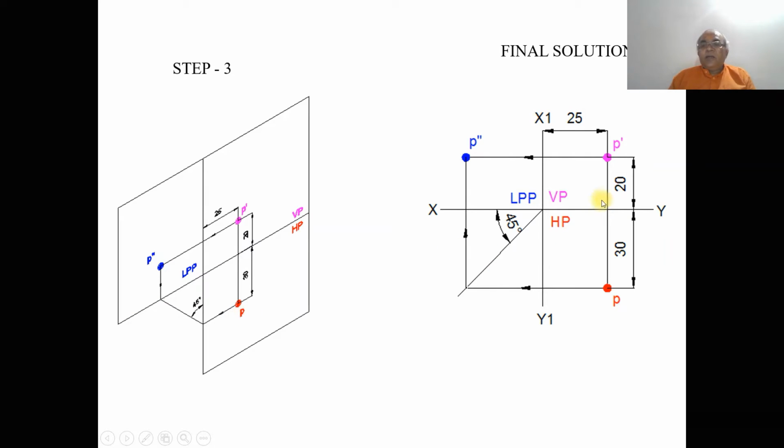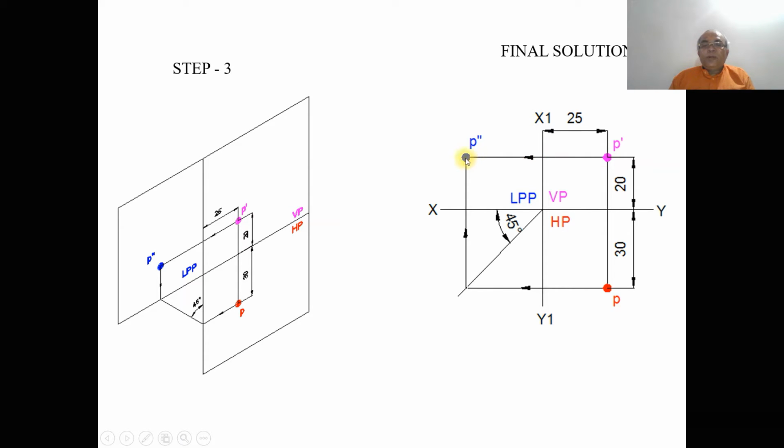So now you can see that the distance 30 mm in front of VP, which is vertical in the top view, when projected onto the side view will become horizontal. So you draw a line inclined at 45 degrees adjacent to the top view. This 45 degree line is always drawn adjacent to the top view, so that the distance in front of VP, which is vertical, when projected onto the 45 degree line, is transferred to the horizontal distance. Then you project this point. From this point you draw a vertical projector to the profile view, thereby transferring the distance of the top view, and then draw a horizontal projector from P dash.